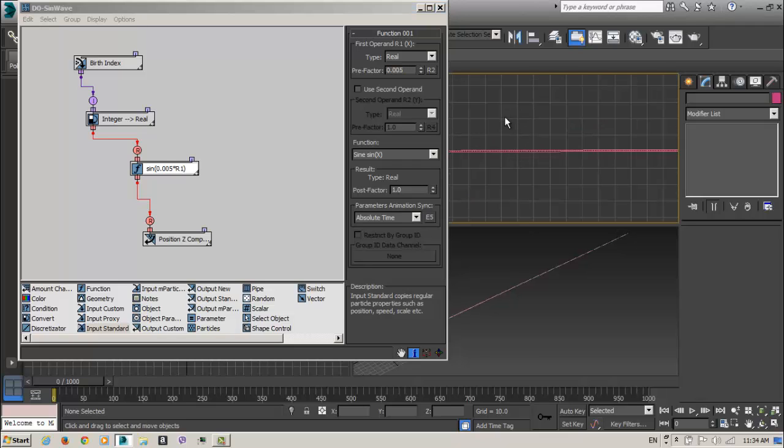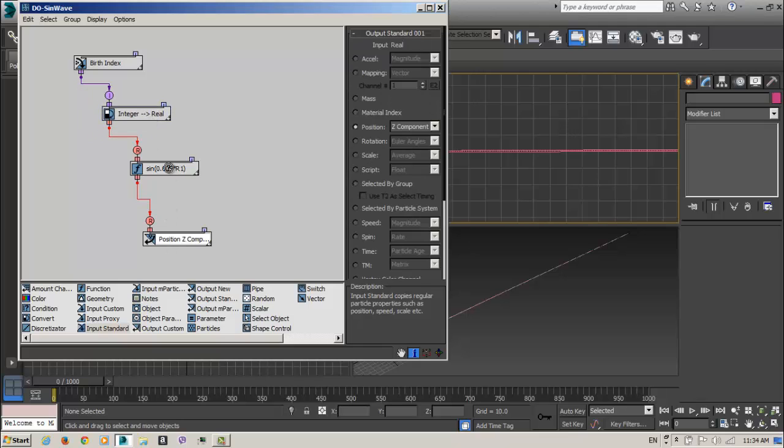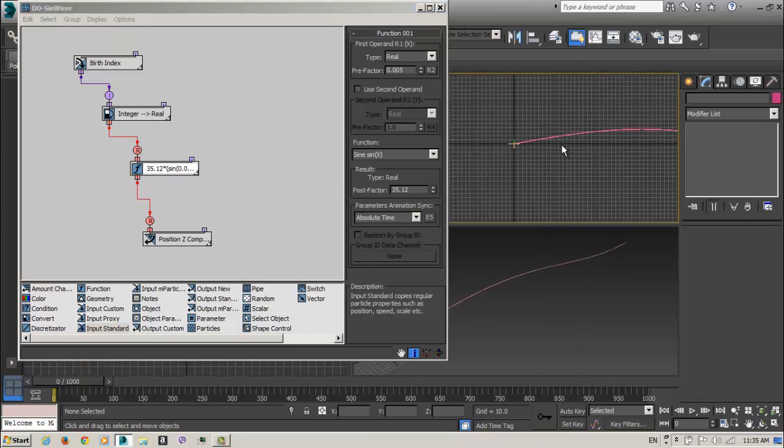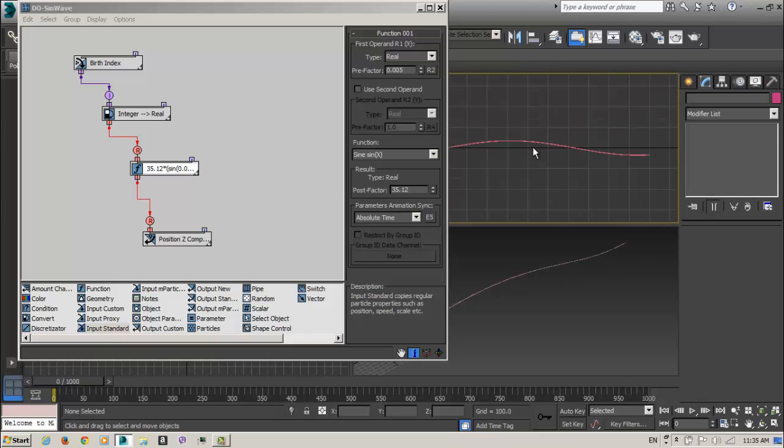Okay, and the next step is this. If I decrease the post factor, you see that I am changing the amplitude.